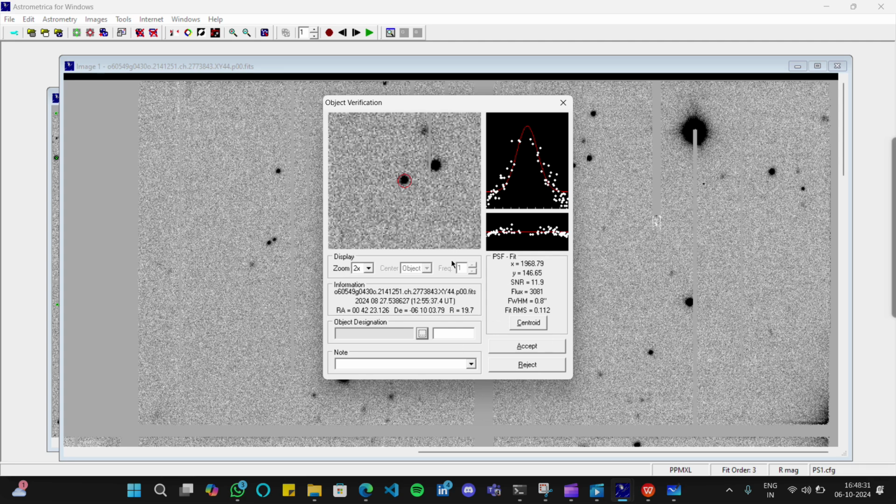So I will explain you later on. First, let me clarify that. Here you can see a box is there. You have to click on this box and write the name, whatever name you want to give to the asteroid. It contains some rules and regulations on how to write the name of the asteroid. I will explain that, but the first and foremost thing you have to do is give the name.